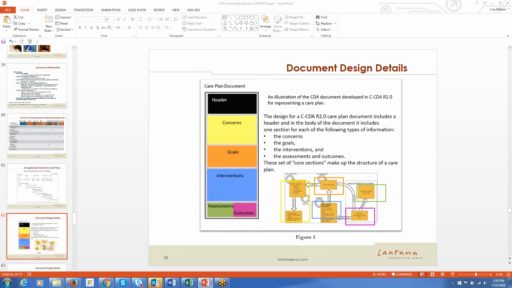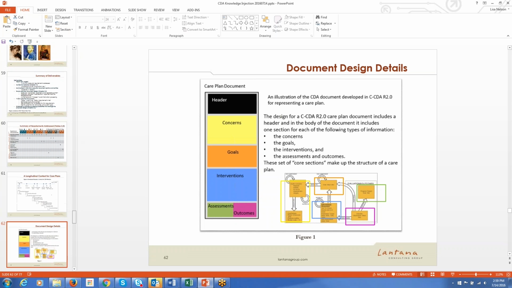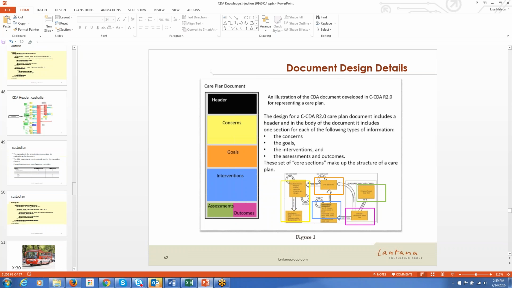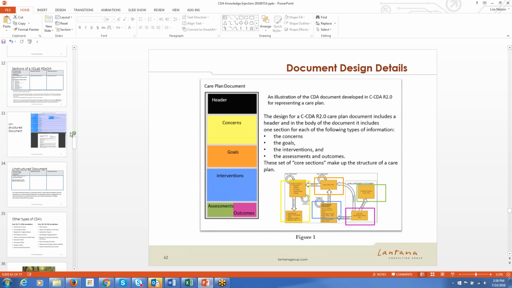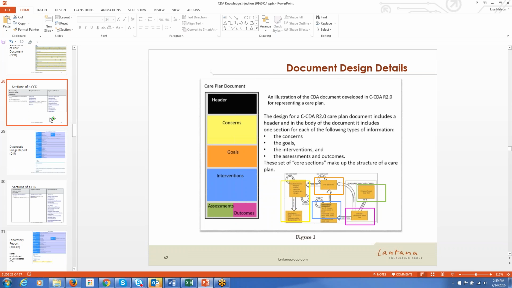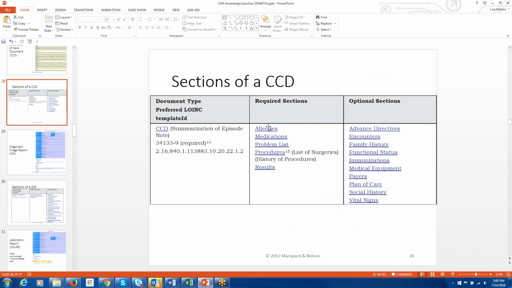I think your initial challenge will be one of fit. As you said, you're struggling with how do I make this fit? And I think if you look at the sections that are defined in consolidated CDA right now, like, let's end on one of these slides where it had some sections, you look at these sections and you say, well, gosh, if I was designing a document that really expresses the kind of information I need to record about a patient with kidney disease, these aren't necessarily the ones, or maybe I'd use some of these sections, but there'd be other sections that are much more specific to the kind of information that we're documenting and that we need to use to take care of